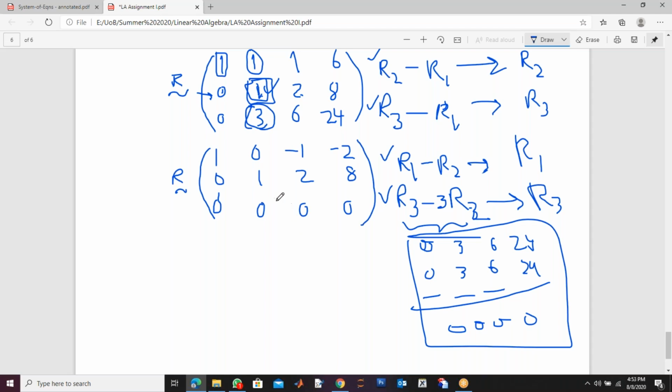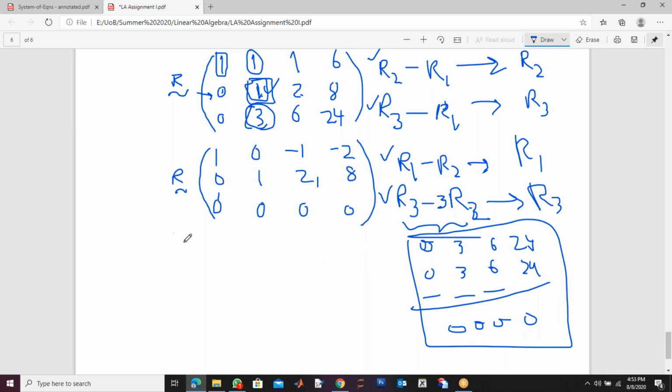Now you see, this is my reduced echelon form. Why? Because the third row did not get any pivot. If the third row gets some pivot, then I will make these two zeros as well. But it did not get a pivot here or here. If you get a pivot here, let's say this was 25, and 25 minus 24 is 1, then I will say that there is no solution because I got 0, 0, 0, 1, which is not possible. But fortunately, I did not get 1 here or 2 here. It is 0. So I got one full row of 0.